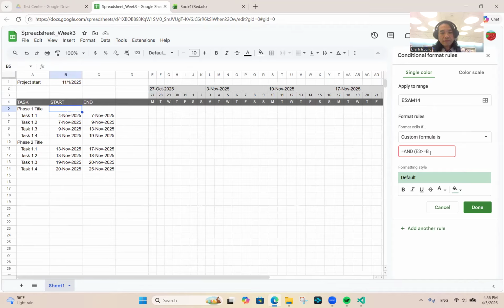B5, comma, and the day E3 is less than or equal to the end date. The end date is what? C5, right? Okay, that's good. But the thing is,